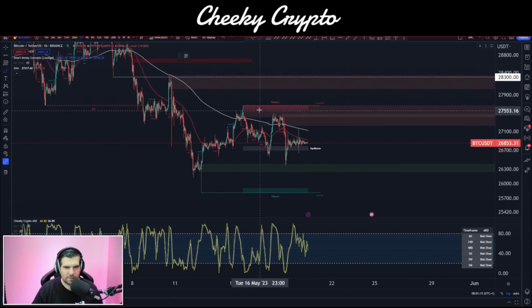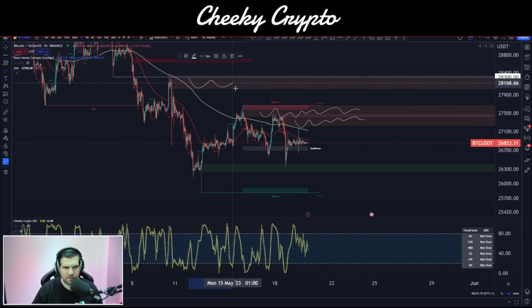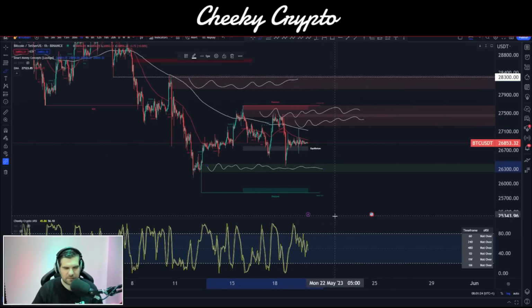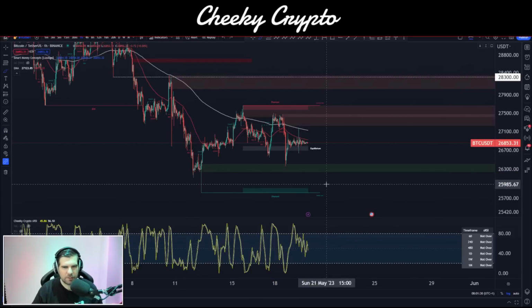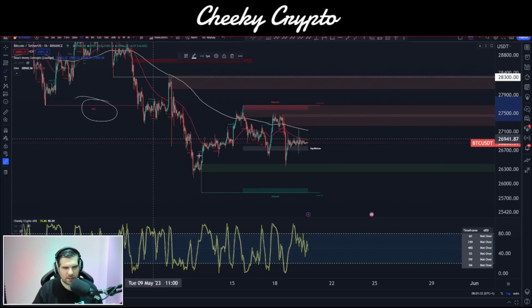Well, we do see that we have these red areas. These are selling internal blocks, and there's another one up there a little bit higher, and we've got a little green one down here. This is for buyers. There's a lot more selling on here than there is buying pressure, which is quite interesting, but for the most part it does look like we are still in our bearish structure. That hasn't changed, so everything here is still remaining bearish on our 1 hour chart,